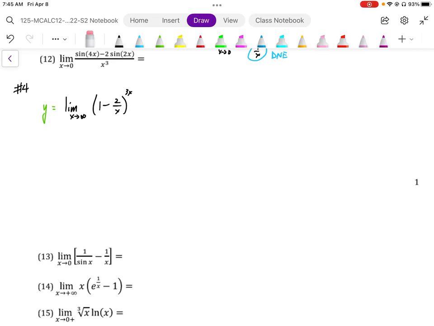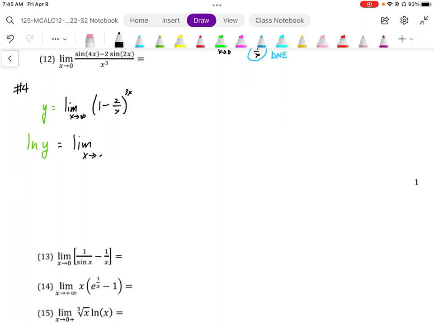For question number 4, we have the limit as x goes to infinity, and we have an exponential expression. So in this case, we want to log both sides of that equation because we need to bring down that exponent so it's a multiplier, so that we can put it into some ratio form to apply L'Hopital's rule. So here then I get the limit